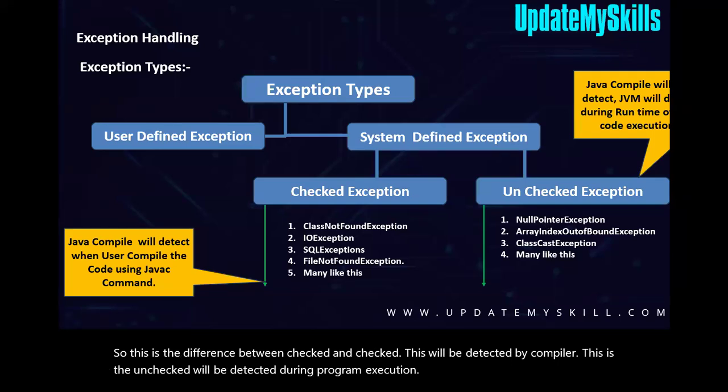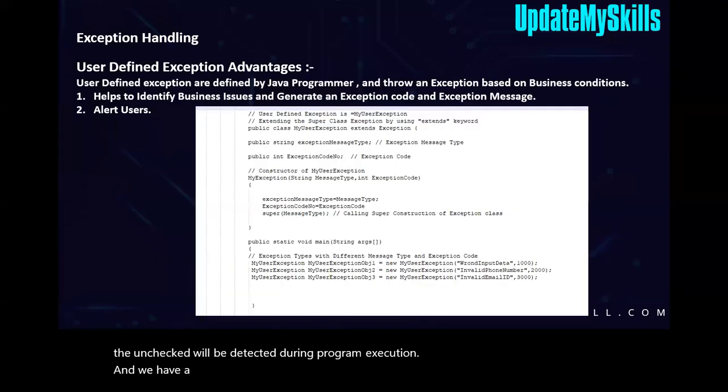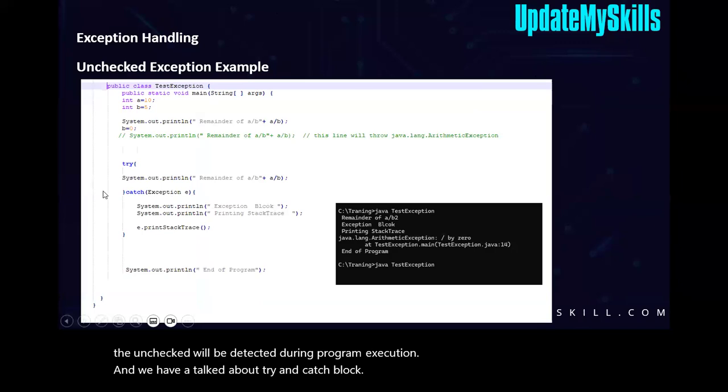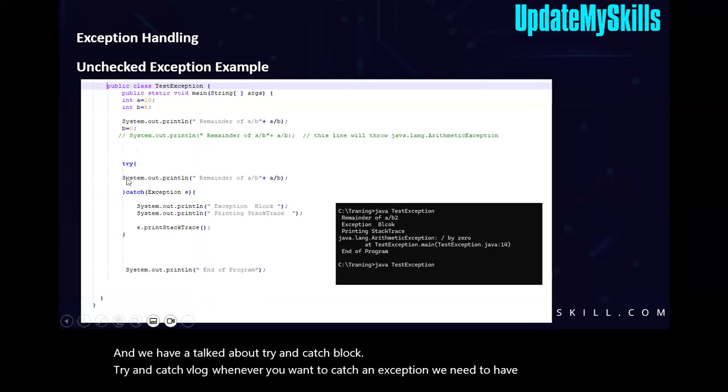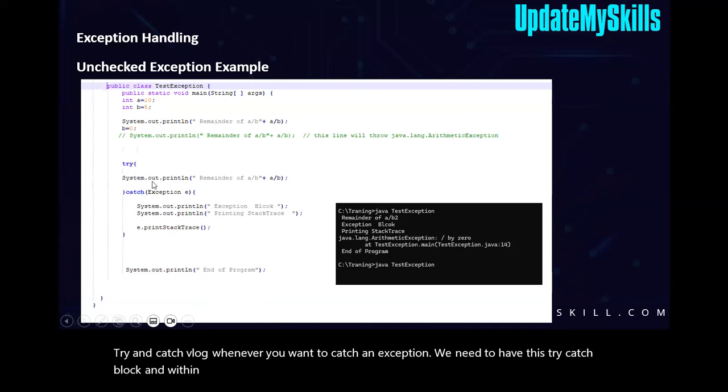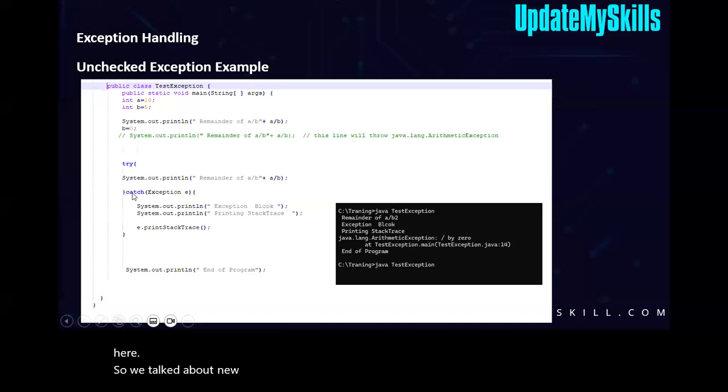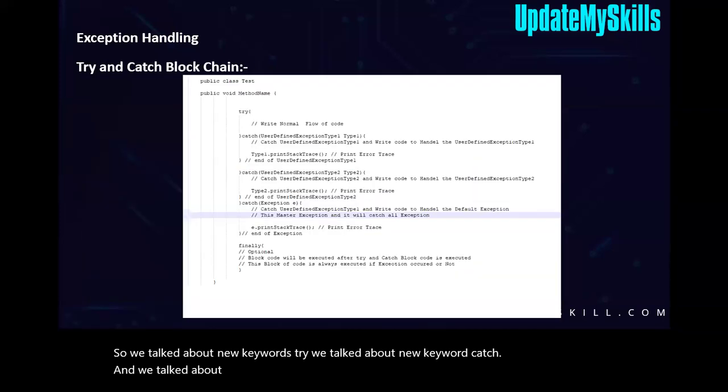And we talked about the try and catch block. Whenever you want to catch an exception, we need to have this try catch block. And within the try catch block, we need to write code so that the exception will be caught here. So we talked about the new keyword try. We talked about the new keyword catch. And we talked about one more, the finally